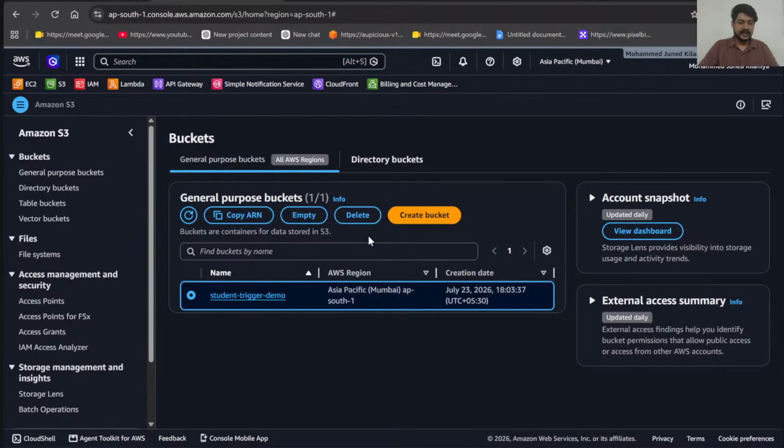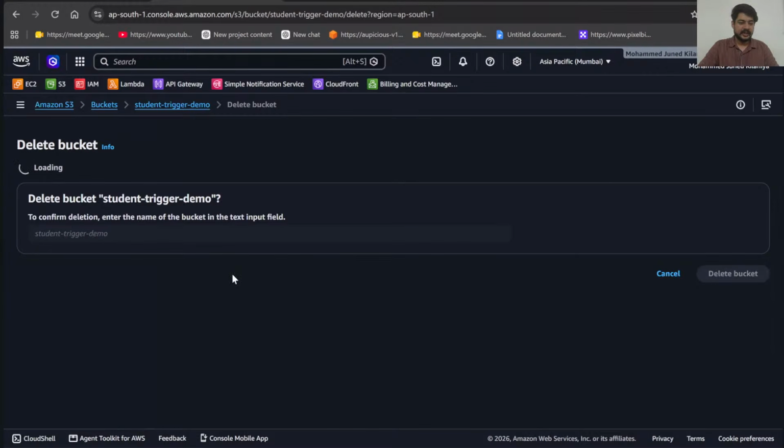This is another bucket I created for a different objective. Let me delete this bucket. It's not required. So this extra bucket, I'm deleting it over here.